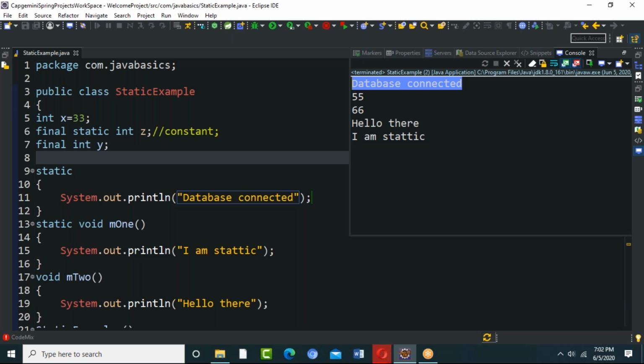For example, I went to the ATM center and I put my card